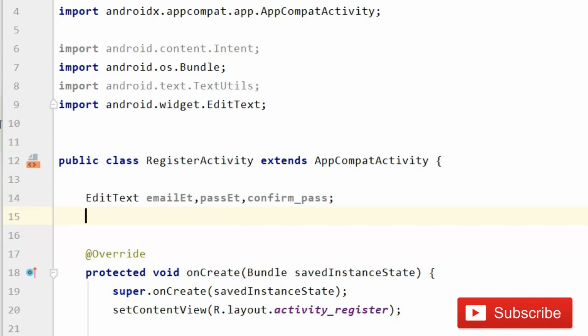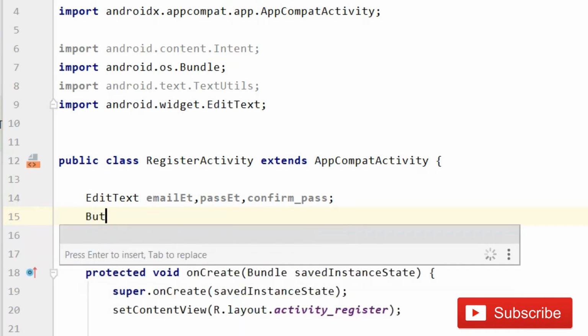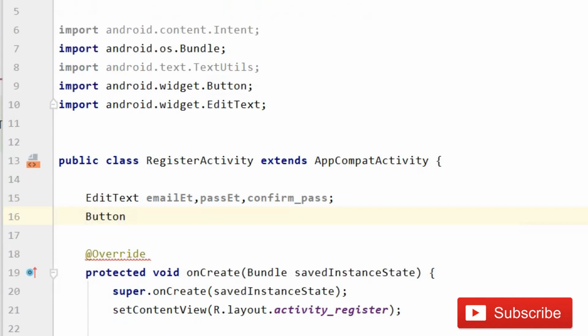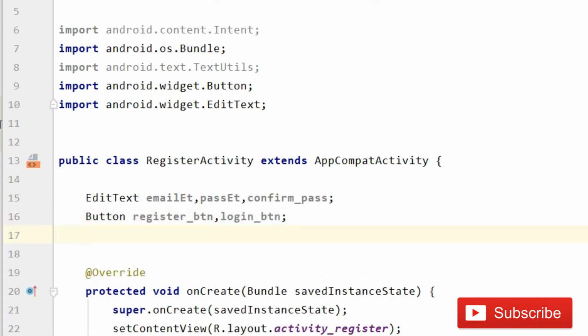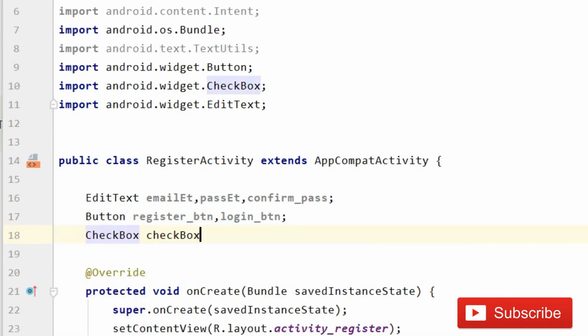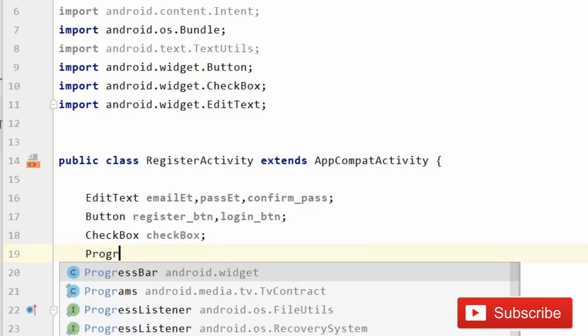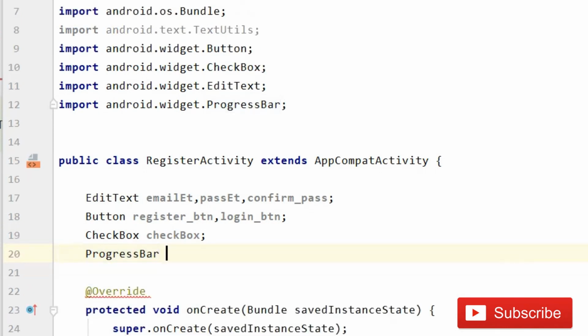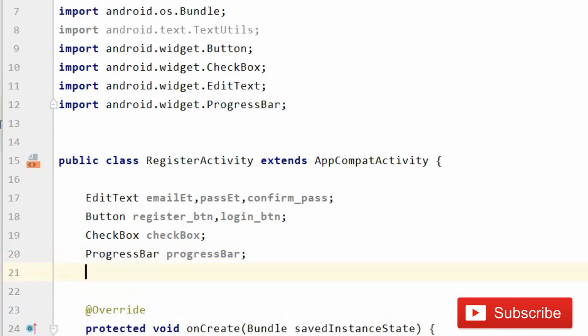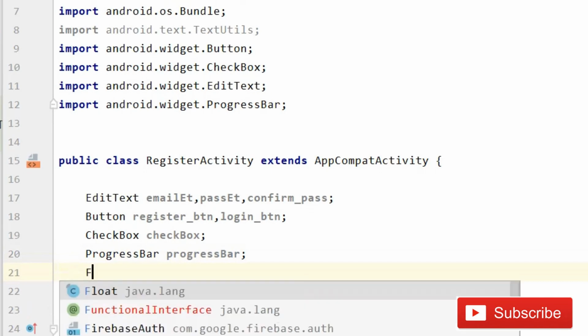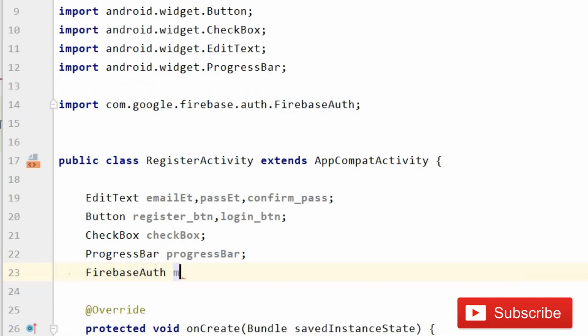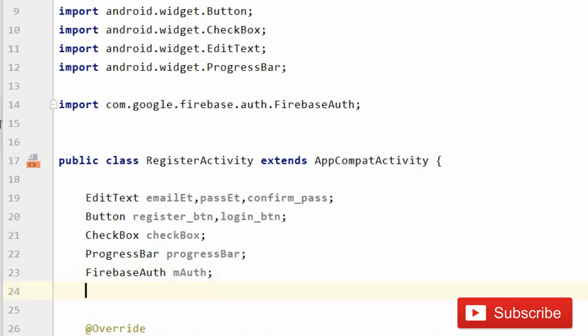So we have three edit text here, and then button, we have button for register underscore btn, and login underscore btn semicolon. Then we have a checkbox, so checkbox, and we have a progress bar, so progress bar, done. And after this you have to write FirebaseAuth auth semicolon, and